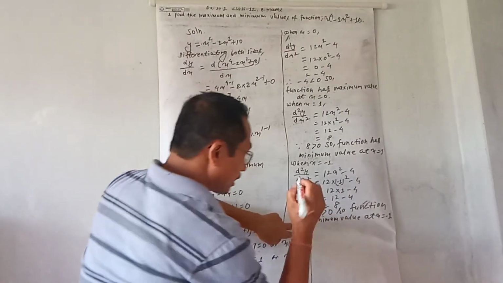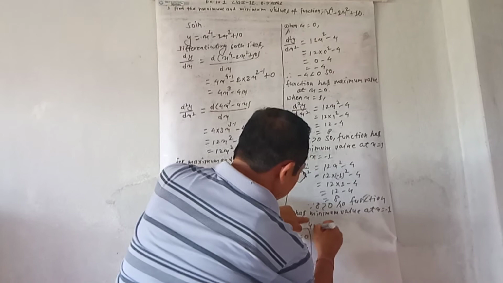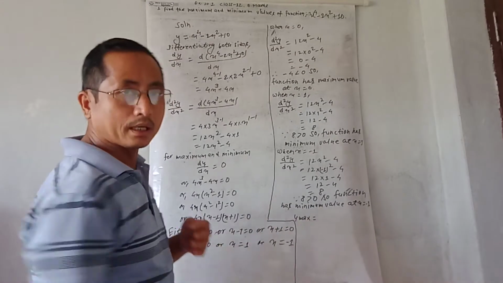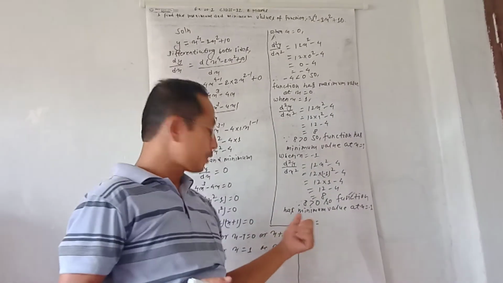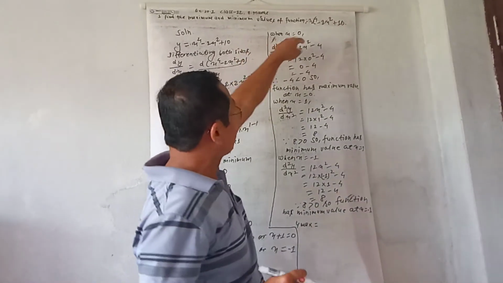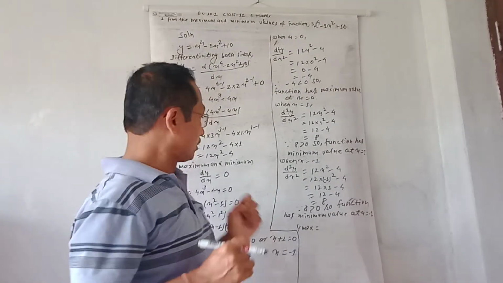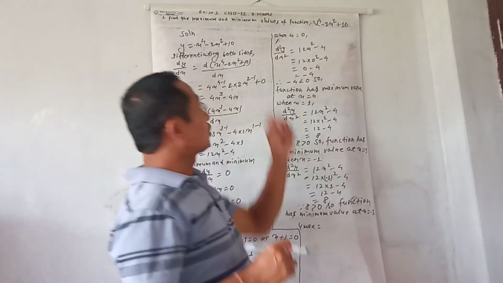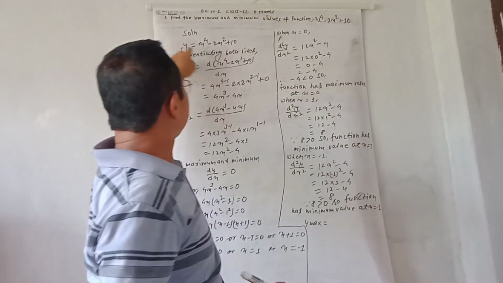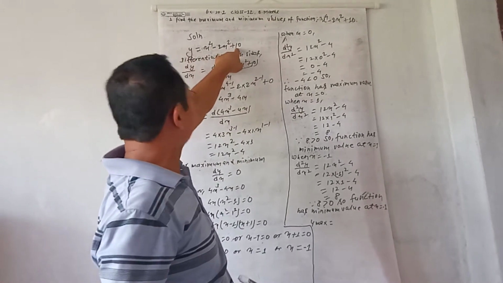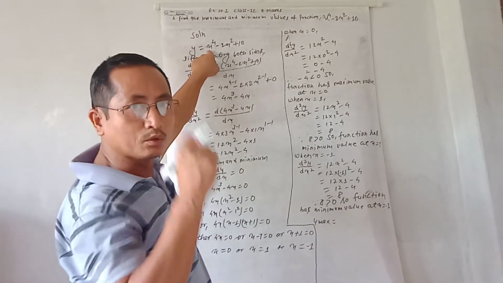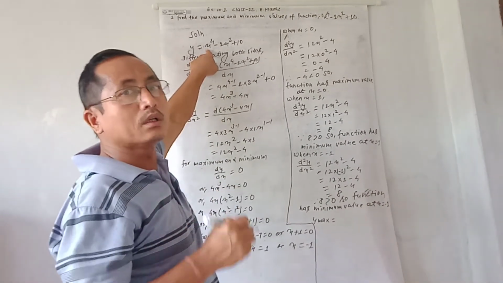Now we have to calculate at last. So y max, this is the symbol of the maximum value of function y. That means when x is equal to 0, the function has the maximum value. That's why we have to put x equal to 0 in the given function y. The function y is given as x power 4 minus 2x square plus 10. In this function, we put the value of x as 0, and we calculate the value, and that will be the maximum value.